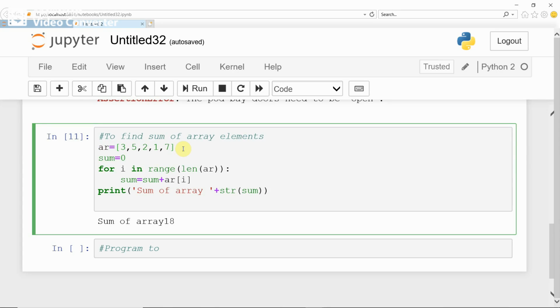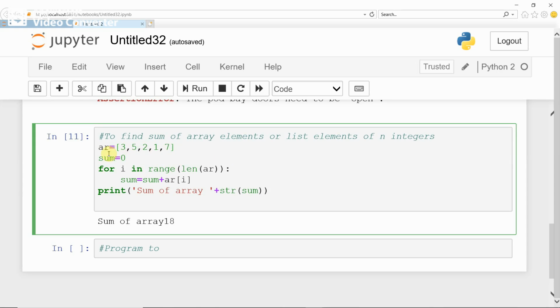For example, if you want to find the sum of array elements, or list elements of n integers, then first either you can store n integers into the array or you can input n integers from the keyboard.